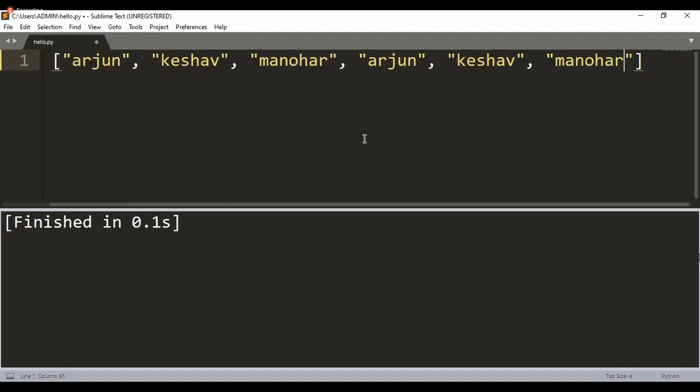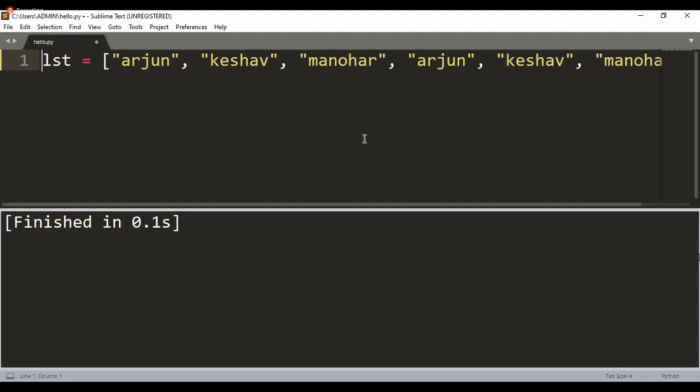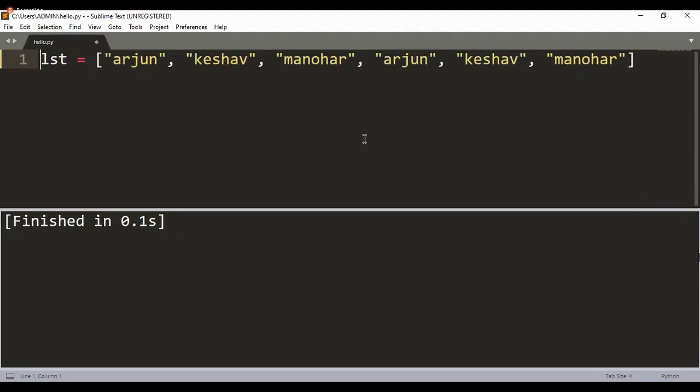Sir, why do we only have strings, sir? Of course, you can have any type of data. For our example, I have considered the data elements to be string values. Of course, strings also have not been done for you guys. I do understand it. So this is going to be the flow of the concepts for your batches. Once we complete all the advanced data types, namely list, tuple, set, and dictionary, that is when we are going to be starting with strings. So till then, please have patience.